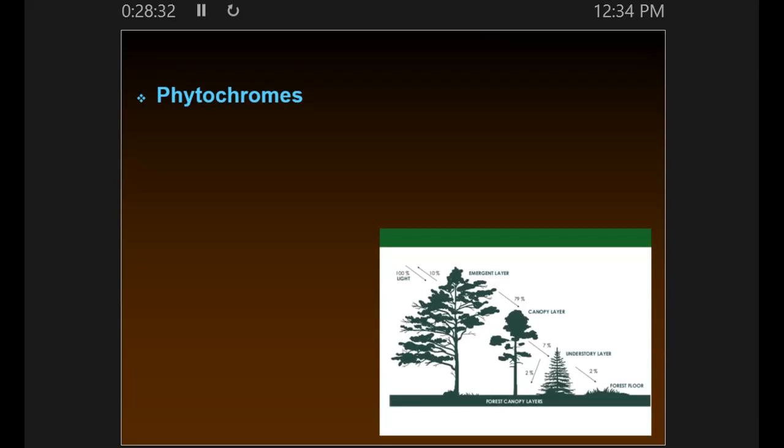And maybe they'll decide to flower, depending on if they're a long day plant or not, or what time of year it is. But if you're an understory plant, you're not going to get as much red light as the upper story. They've absorbed a lot of it. So they took their share of it, which means there's less of it going through to the understory. So if you're an understory plant, you're not getting as much red light. And instead, you're getting more far red light. So if you're an understory plant and you're getting a good dose of far red and just a little bit of red, what's happening is